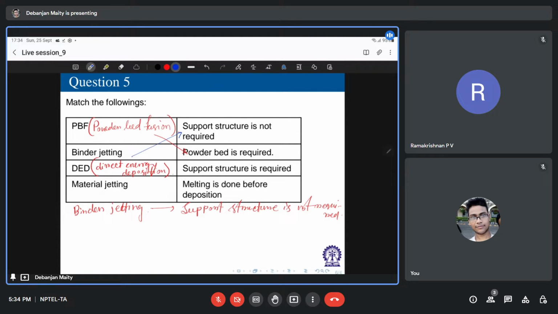And then in material jetting, you have a print head similar to inkjet printing. So you have some kind of print jet which distributes the droplets of a photosensitive material that solidifies under UV light, ultraviolet light, and you have to have support structure for your material jetting. The example can be a thermoset polymer, photopolymer, acrylics in liquid form. So in material jetting,